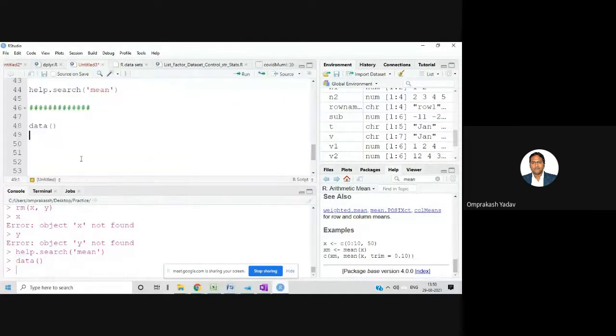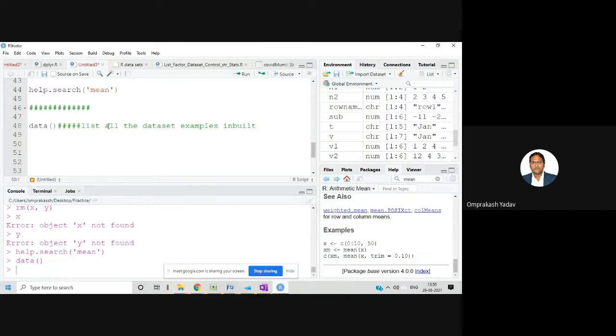What you have to fire is this data function. It will list all the inbuilt data set examples.